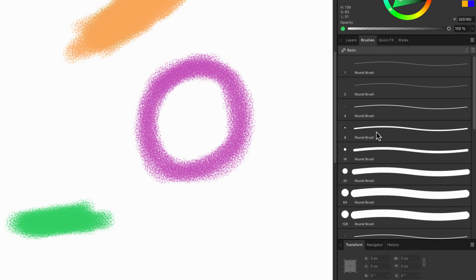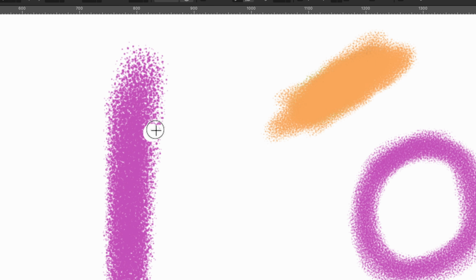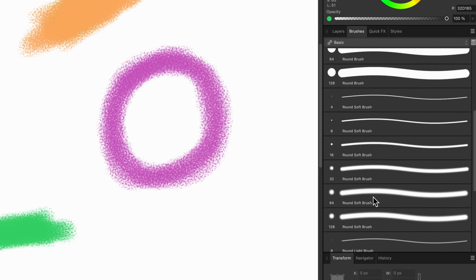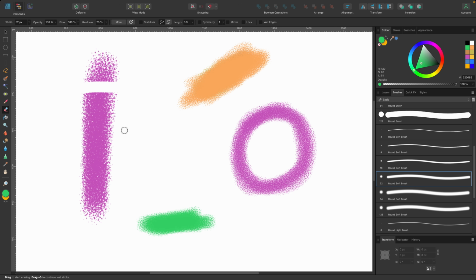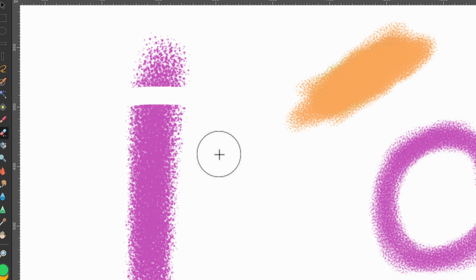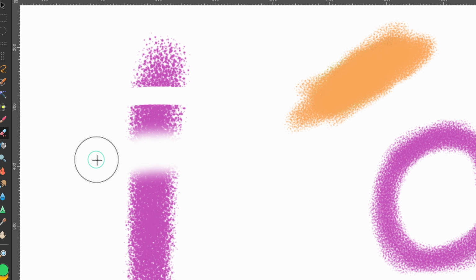Here's our basic set of brushes. If I click on, let's say this one, round brush, it's a completely hard brush, and I can just click and erase it like that. It's quite sharp, isn't it? So these are all presets, so I could go down to one that's a little bit softer maybe. So round soft brush. And in fact, I can increase the size of this. By the way, use the right bracket key or left bracket key to resize on the fly, much quicker and easier. So now if I just paint across, you can see it's a lot softer.